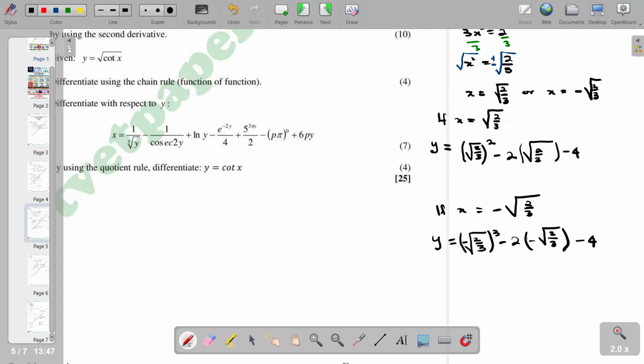Then with this, we go back to our calculator. If we go to our calculator, we are going to get